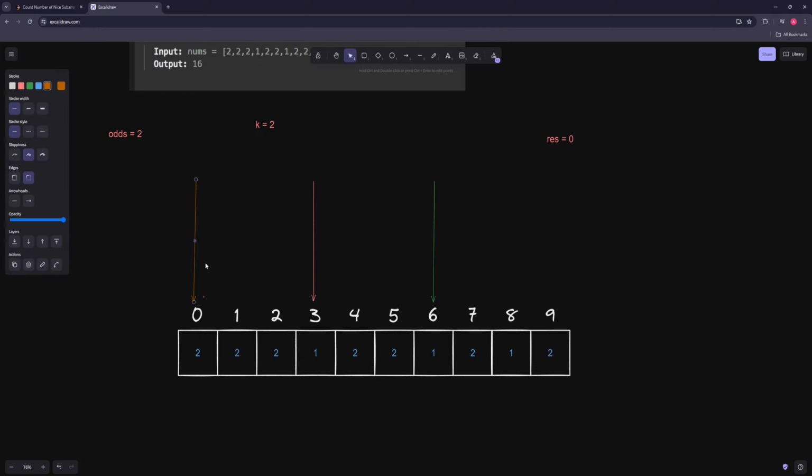And now our left will be the biggest window possible that's still valid, which is this whole thing. So that means this is our mid, this is our left, this is our right, and now everything's in the perfect spot, and we have 2 odds exactly. So now